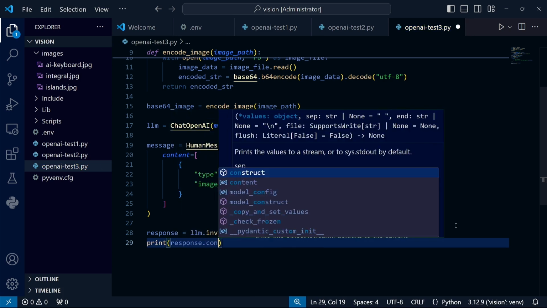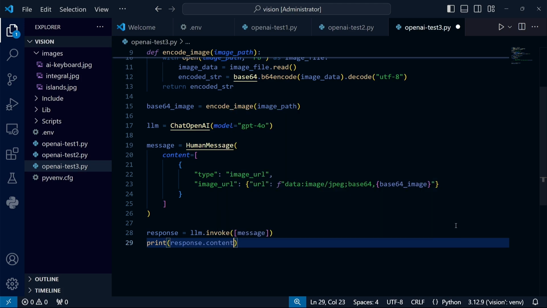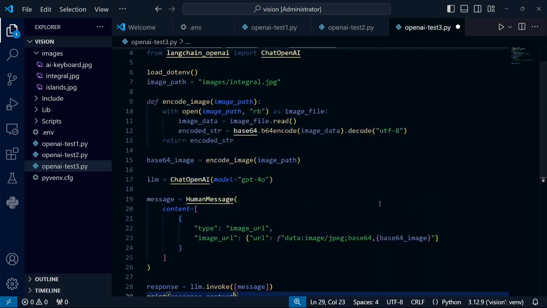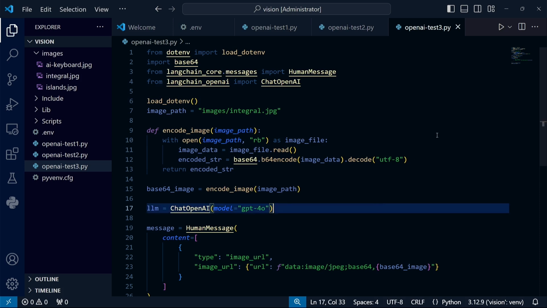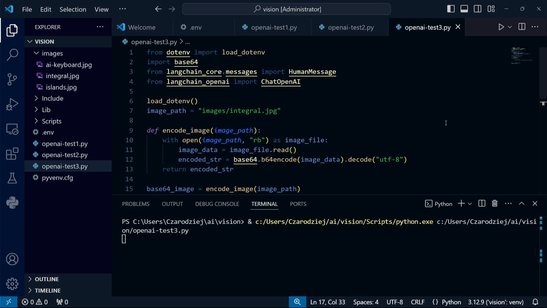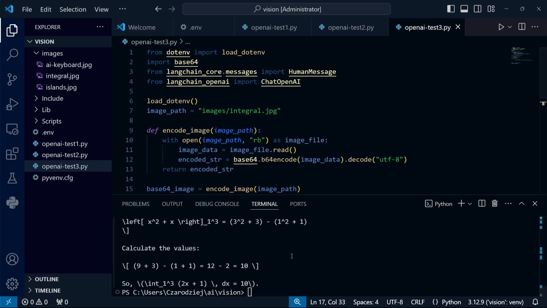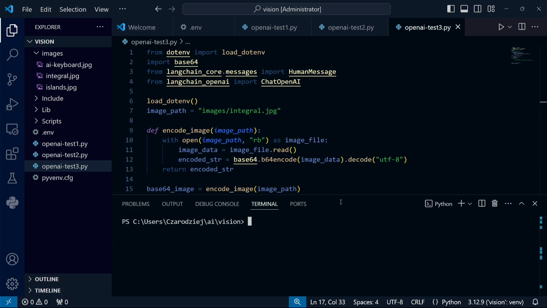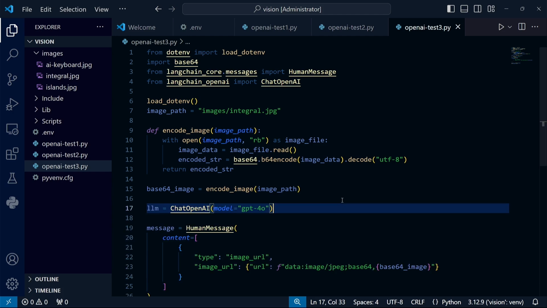As you can see, printing the result is also easier. And that's basically everything. The program using LangChain is definitely shorter than the others, so I can try running it now. Not only did we get a result, but it's also spot on. So, I think it's safe to say that all three programs using OpenAI language models are working fine. Which version you pick really depends on what you prefer and need.